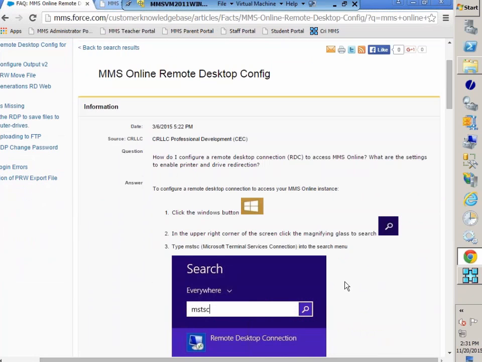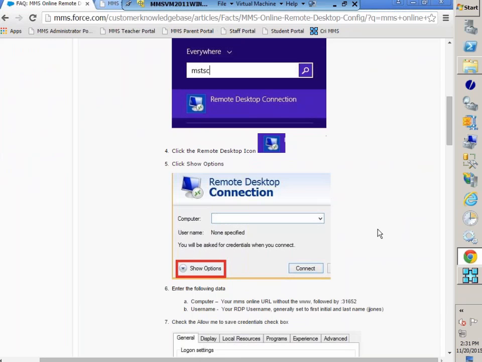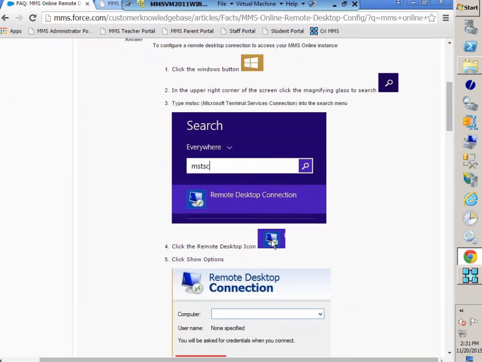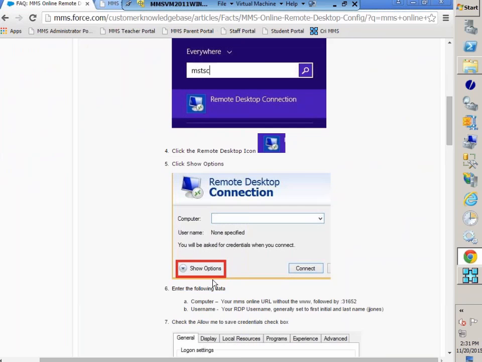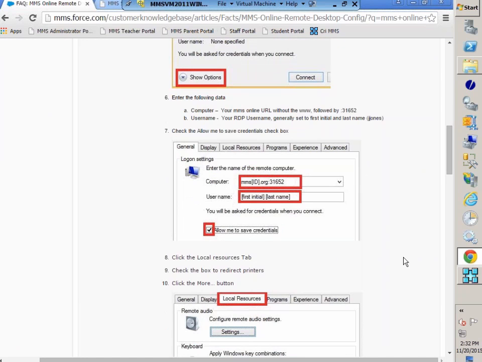And I don't have an example of that on my computer, but you will have an icon on your desktop that is your remote desktop connection. You're going to open up something that's going to look like this, and this KBA will, there's your icon. You can right click on that and it will open up the properties. You can set to edit it actually, and then you click on the show options,